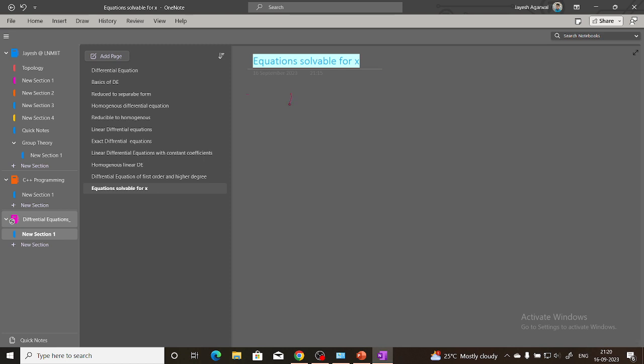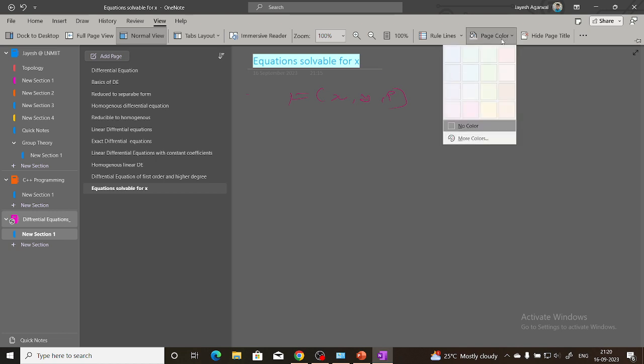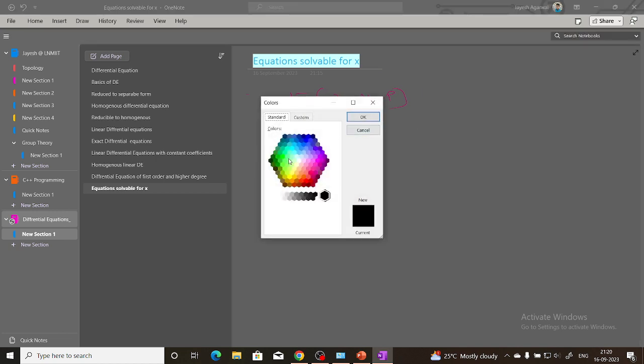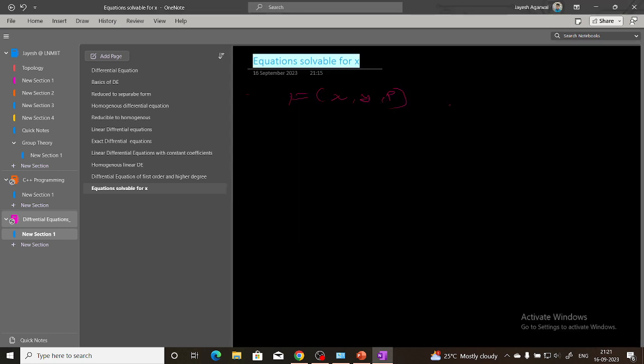Suppose the differential equation f of x comma y comma p equal to 0 is solvable for x, then it can be written as,